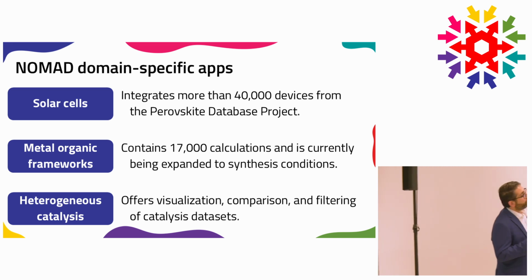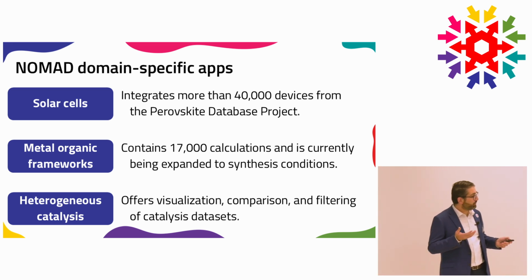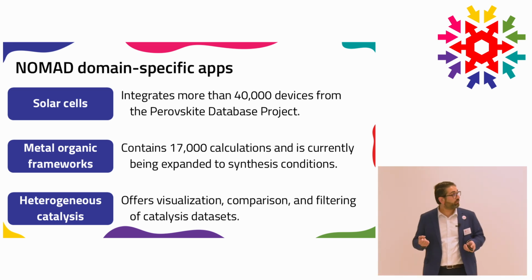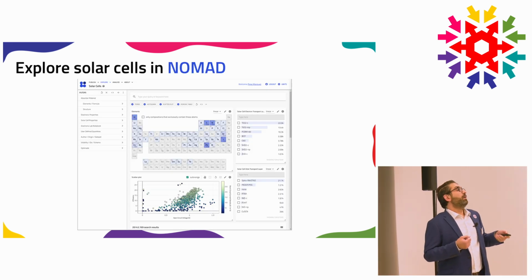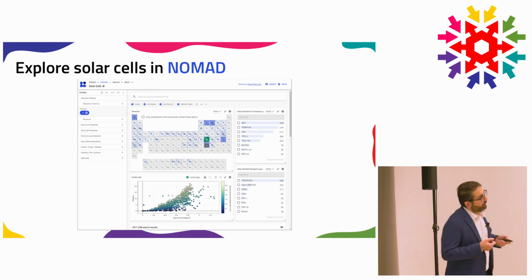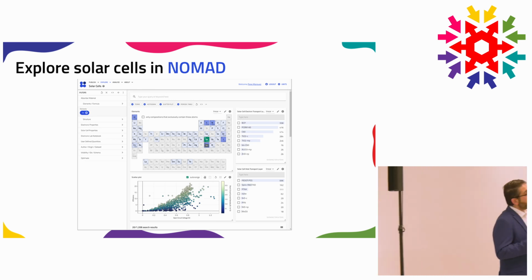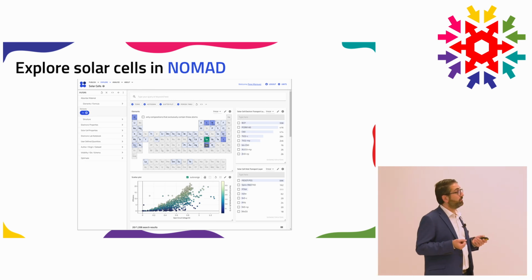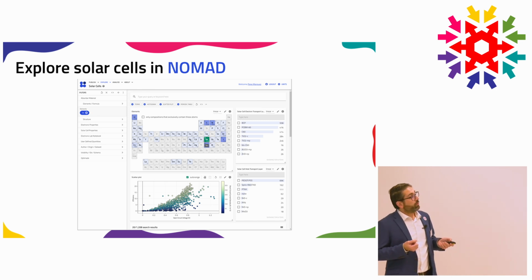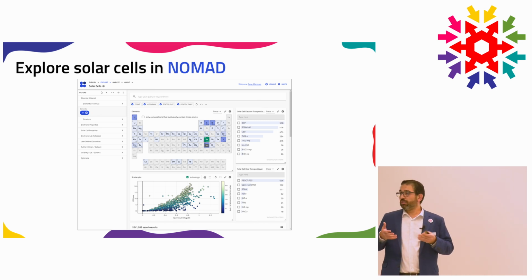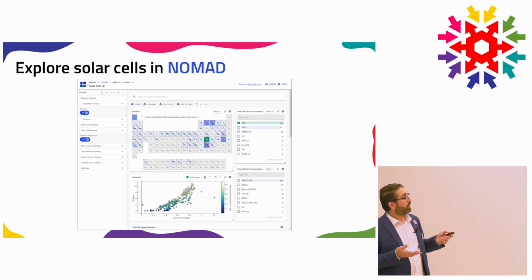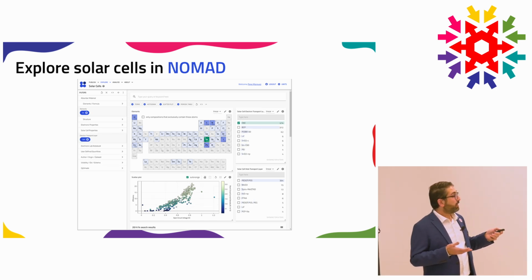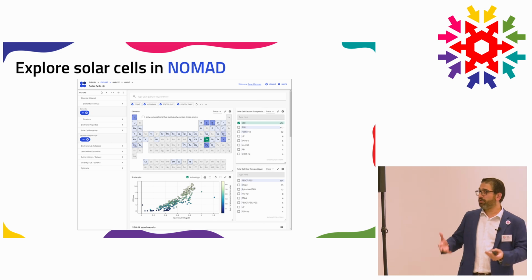So it has around 40,000 entries, so 40,000 solar cell devices. And if you open the dashboard, you can start by filtering for the active material, for example, in the periodic table. So let's say we want a solar cell that has the tin in its active layer. Afterwards, you would filter based on the electron transport layer in this solar cell stack. So you could select C60, and you can see the automatic update of the available entries and the views of